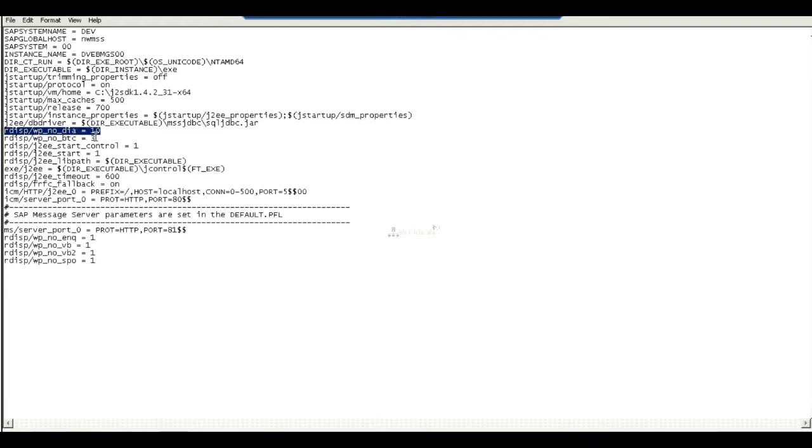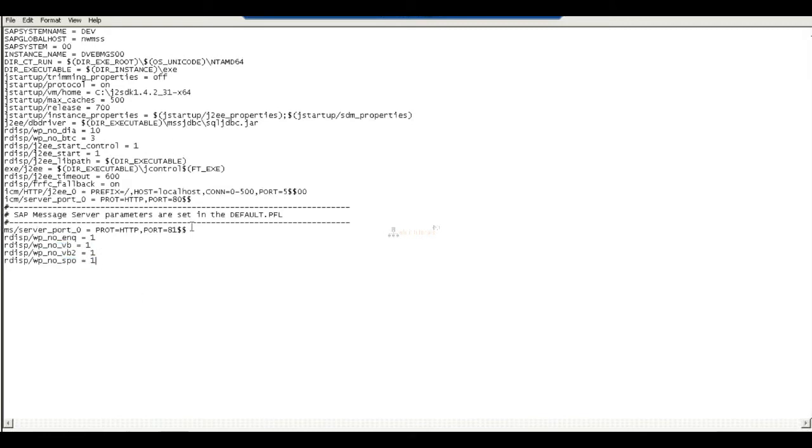How many background work processes? And J2E start control, and ENQ work process, update work process, and spool work process. These all are in my instance profile.